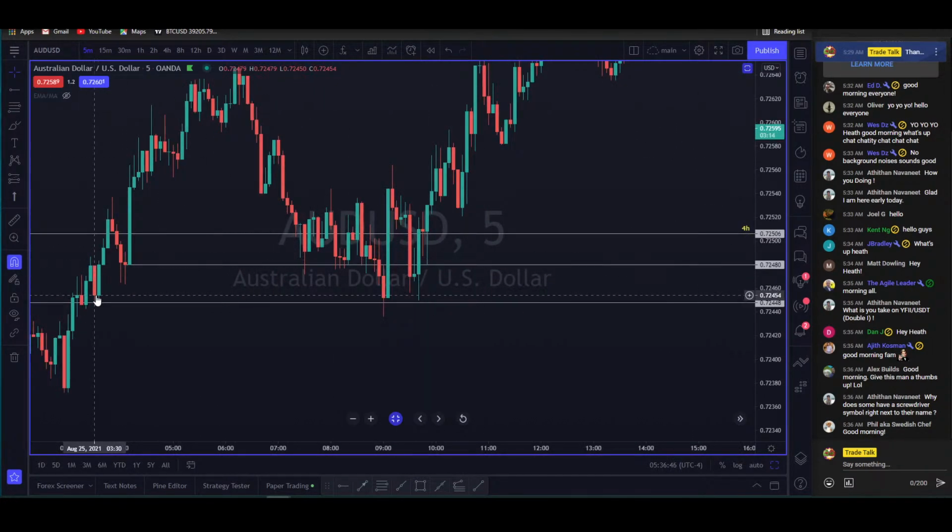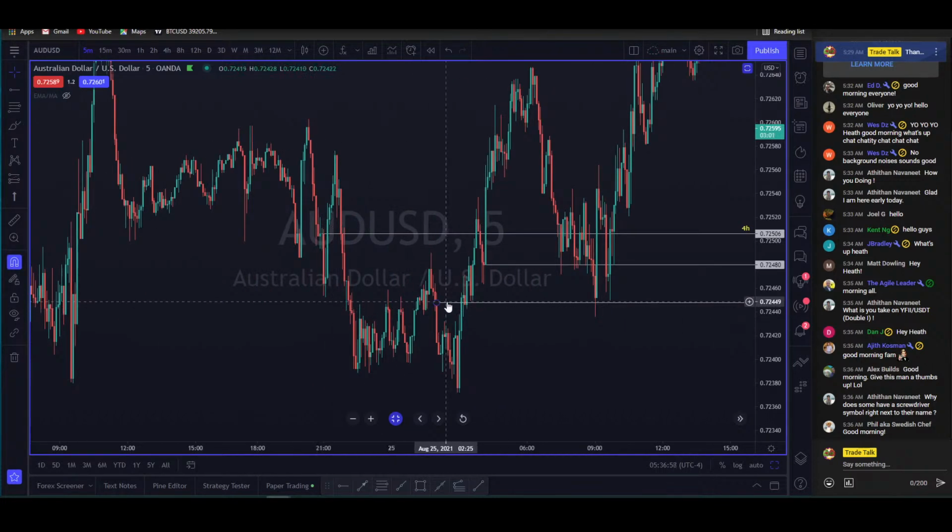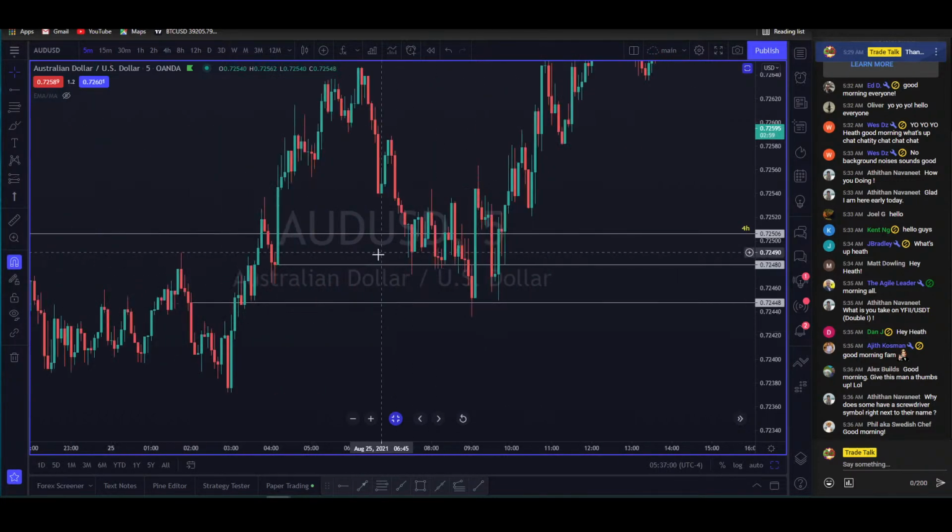There's another level of support right there. And you can see here, you got a closure below this. And then boom, big, strong, bullish reaction from this level down here. I'm assuming that's that 1 hour, since it's not lined up, since there's no tag over here. And I just put this on the chart. So that's got to be your 1 hour ETH level or demand zone.